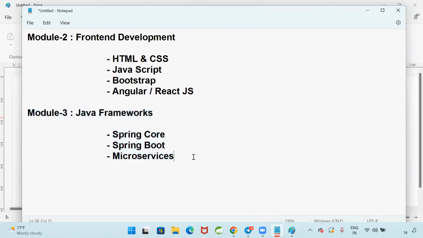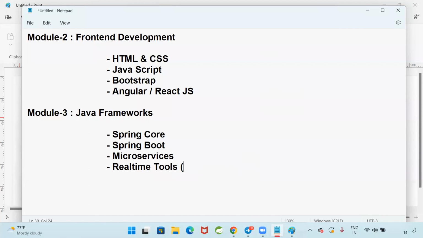Along with Spring Boot and microservices, we need to know some real-time tools. How to do the code review, how to store the code. In a project, multiple members will be available, maybe 10 members, and everybody will write the program.